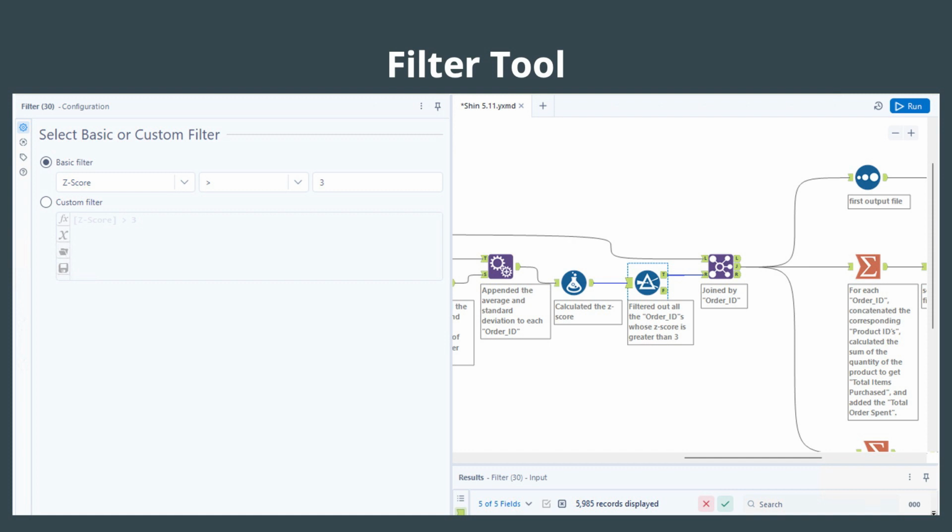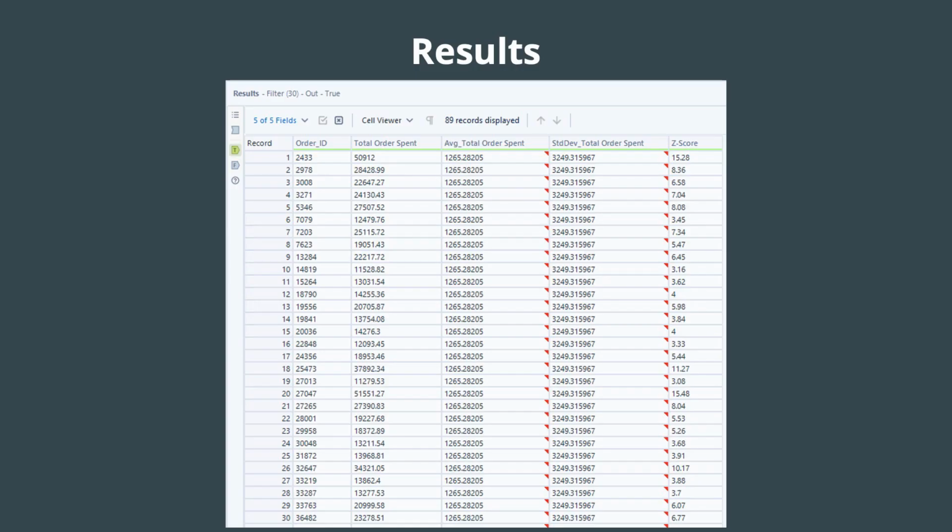3. The true output would give us the records that had a z-score greater than 3, while the false output would give us any output that was not in the true output. After filtering, we retain 89 unique orders. These outliers represent the orders with significantly higher values compared to the rest, indicating orders larger in value than their